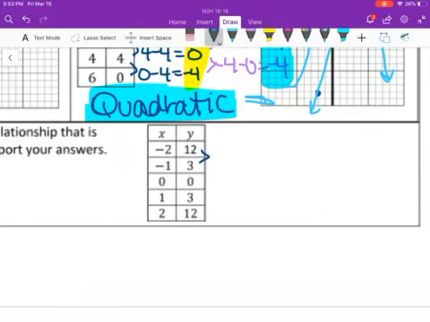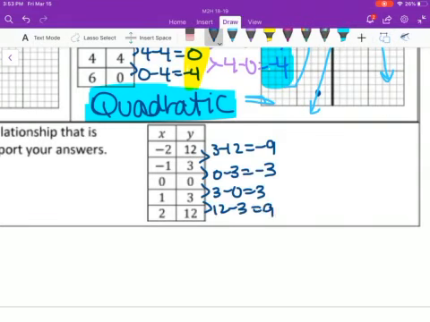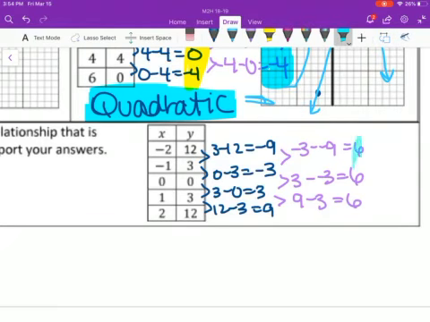Now, again, y2 minus y1, the 3 minus 12, so that's -9. 0 minus 3 is -3. 3 minus 0 is 3. 12 minus 3 is 9. Clearly not a line, because the first differences are all different, but we could subtract again. -3 minus -9, make sure you're subtracting those negatives to give you 6. 3 minus -3, giving you 6. 9 minus 3, giving you 6. Notice how these are all the same. That means